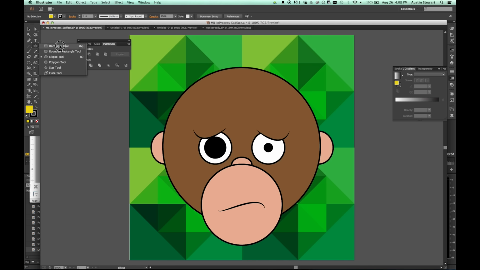We've already been over how to do this, so let's go ahead and grab the rectangle tool. I'm going to start by hovering over the monkey's head, and I'm going to just have the crown sit directly on top of his head to start with. So I'm going to hover over here, just where it says intersect. Any point along this line, doesn't matter if your crown's a little bigger or smaller than mine. No big deal. So I'm going to click on this, drag it over to the other side, and then come up